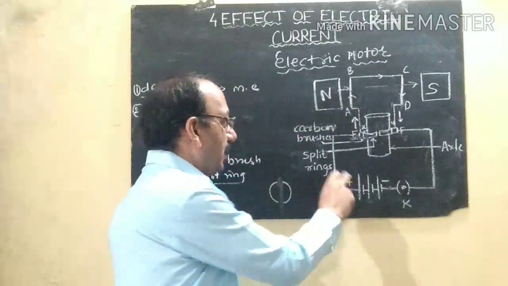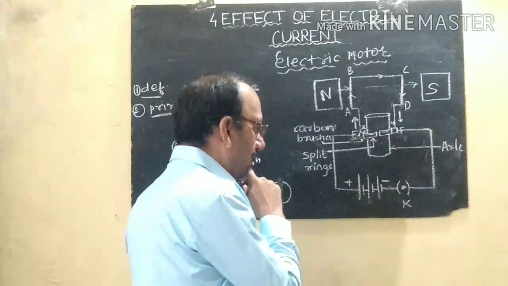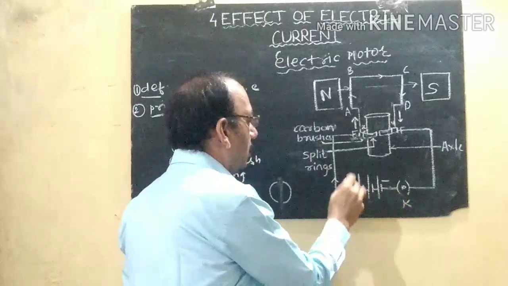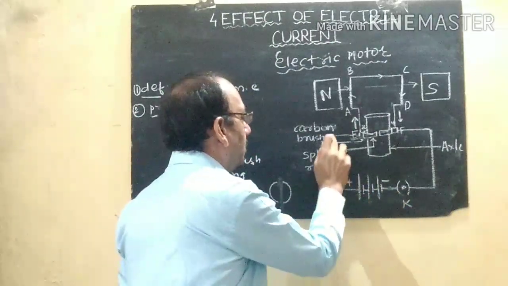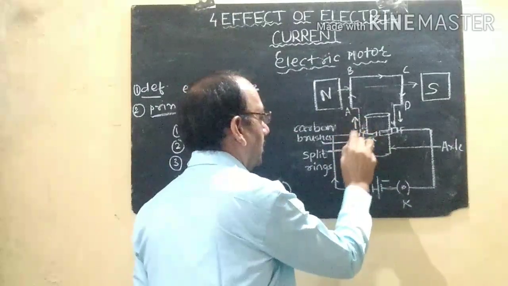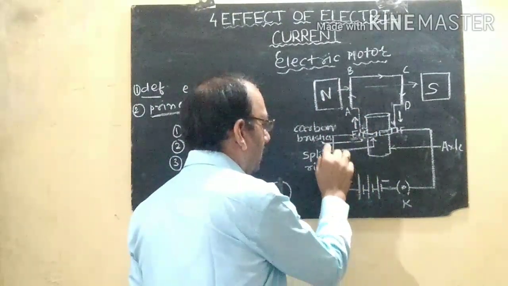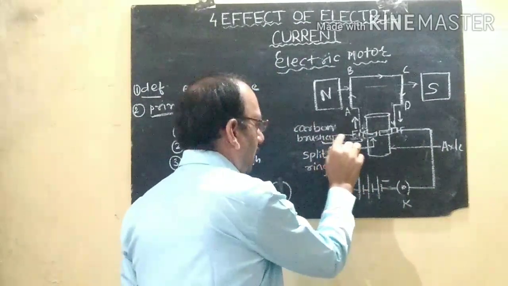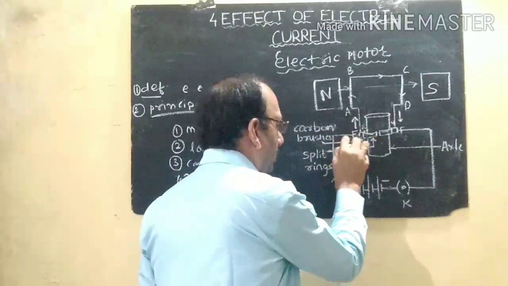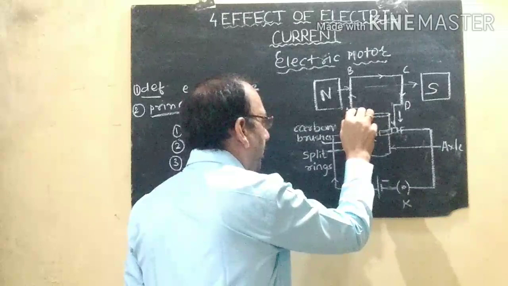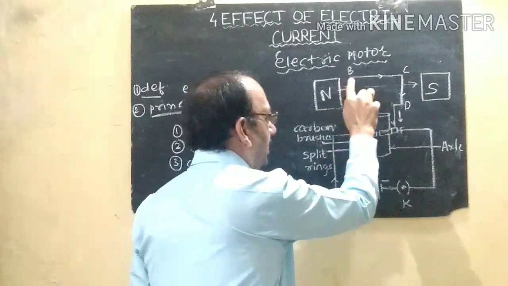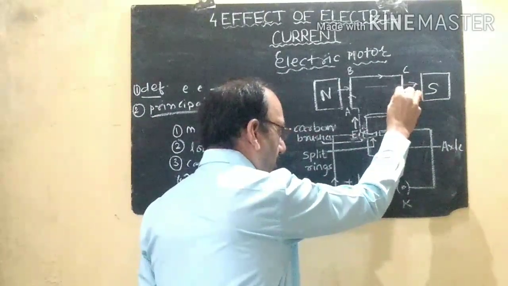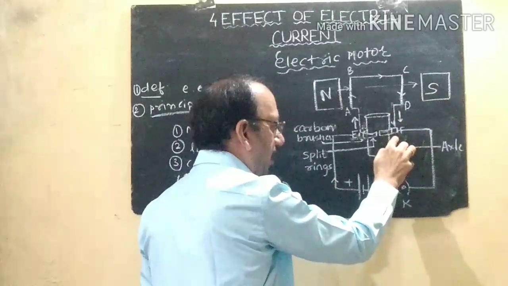When we complete this circuit with the help of this component, what happens? When we close this key, the current will start to flow from this conducting wire through the brush. You can observe here that the direction of electric current is from the positive end of the battery to the carbon brush E, then it passes through AB, and then in the same direction from CD to the carbon brush F.